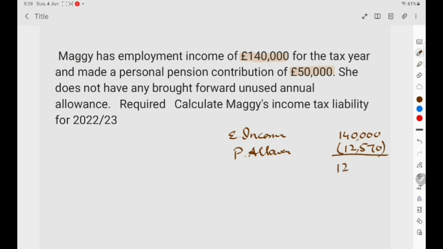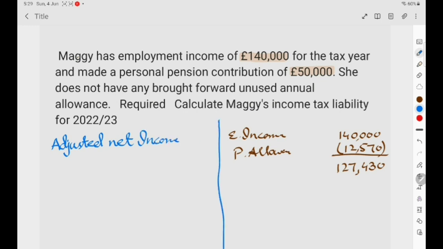Because we have to consider the adjusted net income, and adjusted net income is calculated as net income